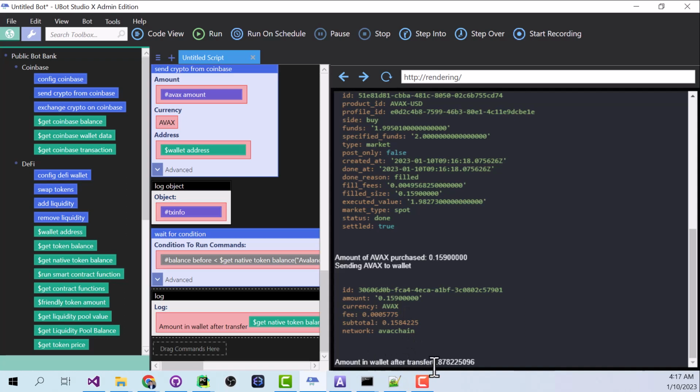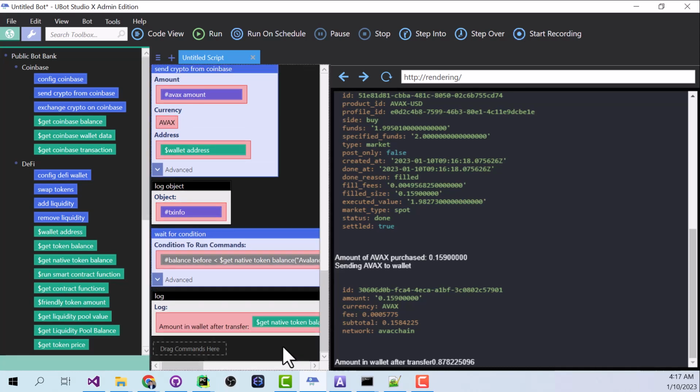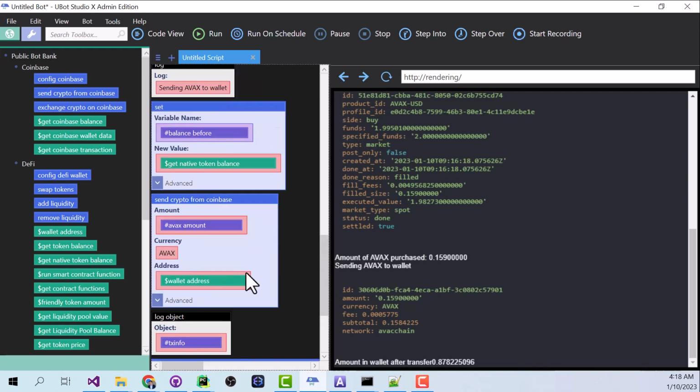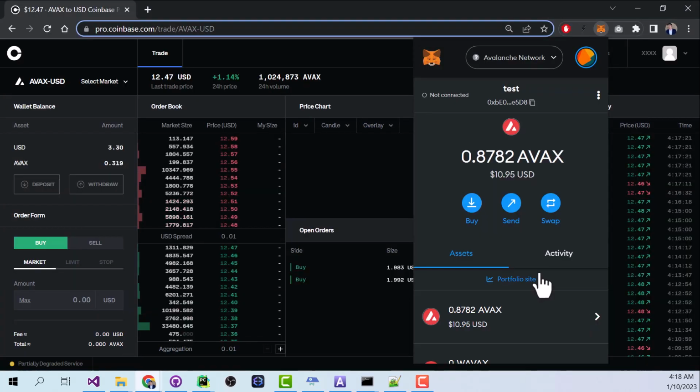And I'm noticing that this could use a space in between there, so I'm going to edit my log command real quick. Just add a colon and a space after that and hit enter. All right, and that's it. It looks like everything is working the way we want. And not only that, but we have a beautiful log of everything that happened every step of the way. And of course, if we check our MetaMask, that almost $9 is now almost $11. So all of this worked correctly and all without human